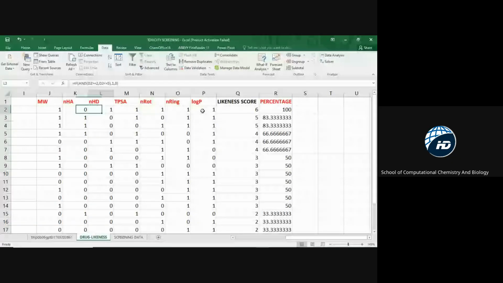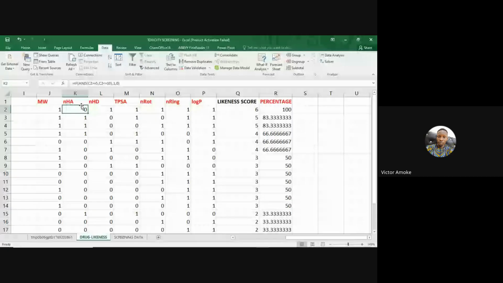Each of those parameters should give us an input of 1, so I'm expecting a total of 6. So if my compound happens to succeed in all of them,